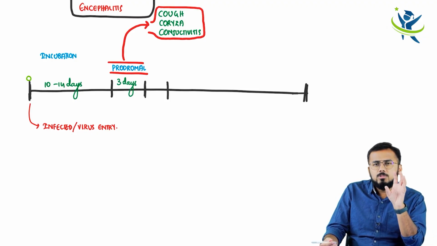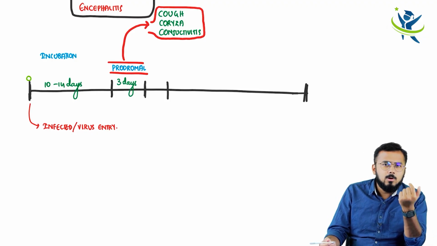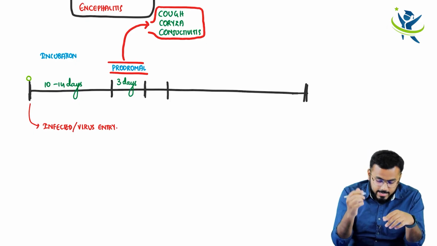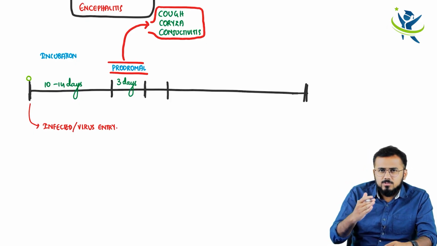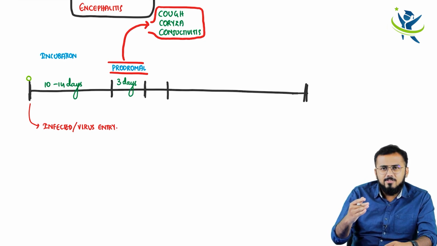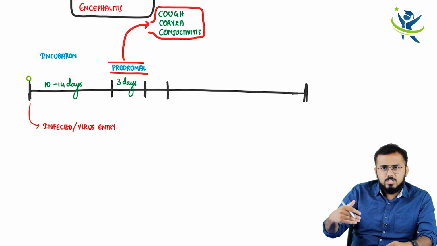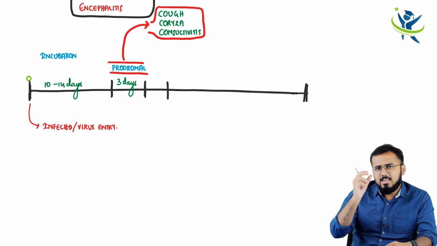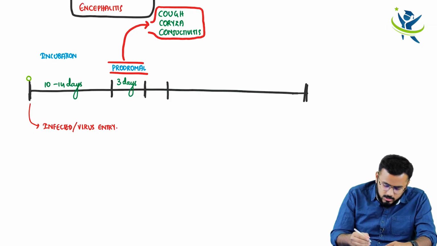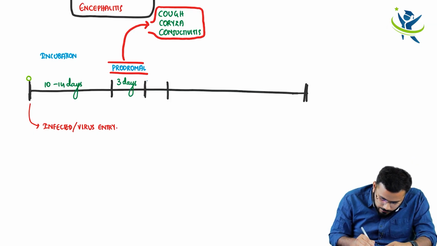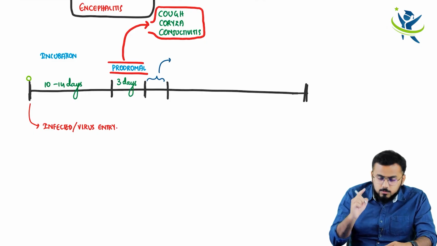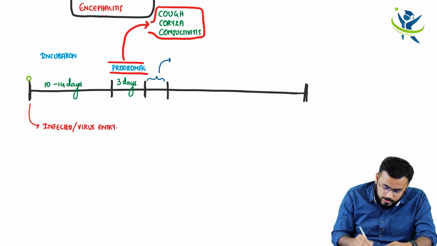That patient will slowly develop some very special rashes inside the mouth. Those special rashes in the mouth are called enanthema. So after 3 days of high fever with cough, coryza and conjunctivitis, the highly infectious phase, the patient is going to have some very important spots within the mouth. They are called Koplik spots.